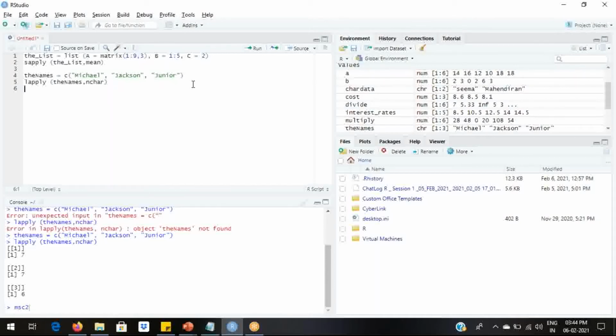In the previous example, we used the lapply function for a set of numeric data, and now we are using the lapply function over a set of character data. That's the only difference.